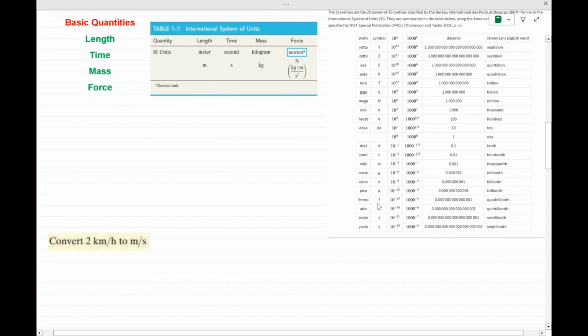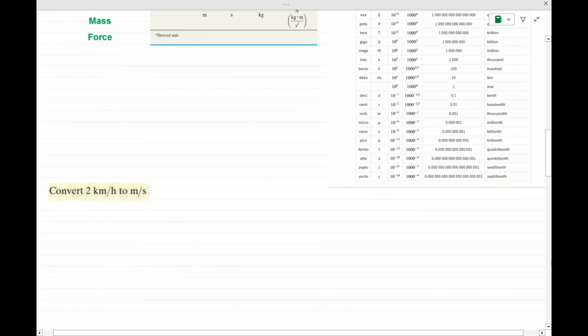There are several ways to solve these types of problems. The best way is to show every step that you do so that you don't lose marks, or you can trace the question back to see if you have done something wrong. Then you can correct it quickly. Converting 2 kilometers per hour to meters per second. So, solution: